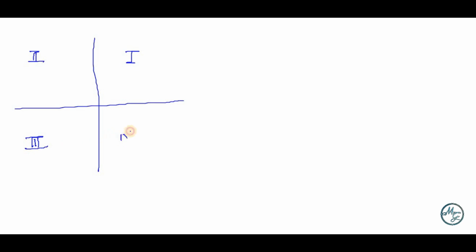Let us see some examples. In the beginning, for easy understanding, it is better that you keep on drawing the coordinate system. So mark the first, second, third, and fourth quadrant. So let us start. First, we will begin with pi by 2 minus theta. The first set is pi by 2 minus theta.